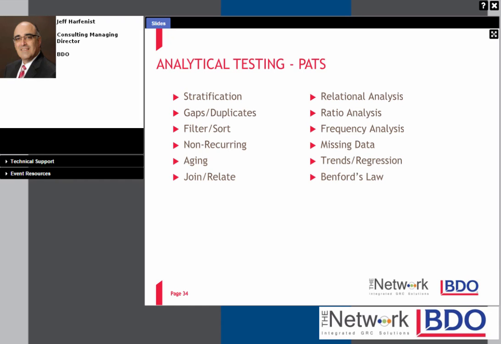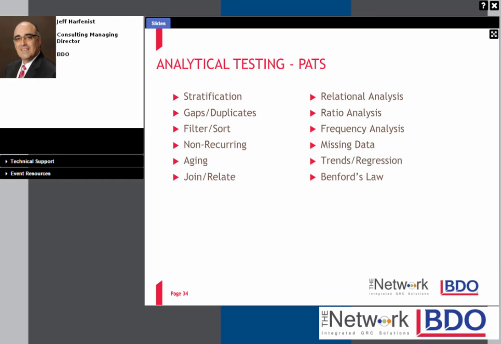I'm not going to go through all these, but aging is a critical issue because a lot of what these analytics are based upon are changes over time. You're looking for changes that really shouldn't be there or that are anomalous. Ratio analysis, frequency analysis. When we talk about frequency, we talk about changes in the frequency of payments. So payments that may be speeding up to a particular vendor, or when compared to a prior population of vendors,